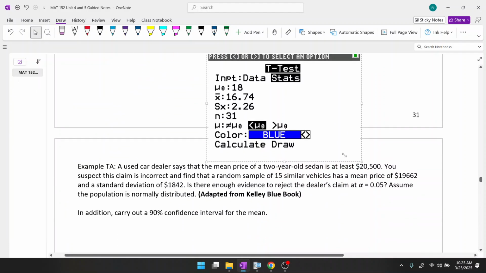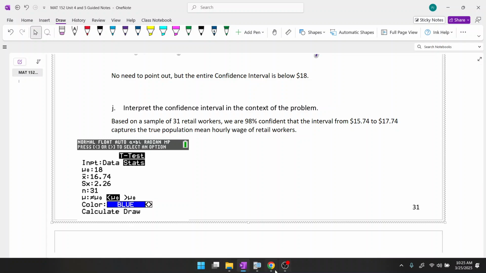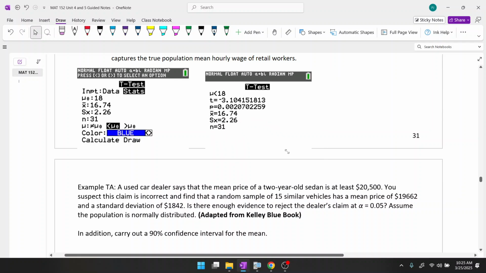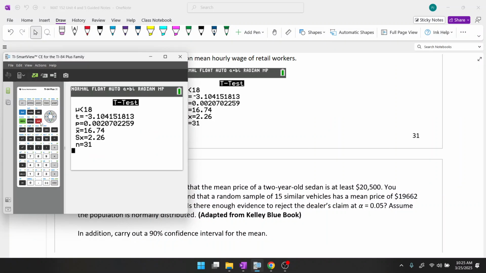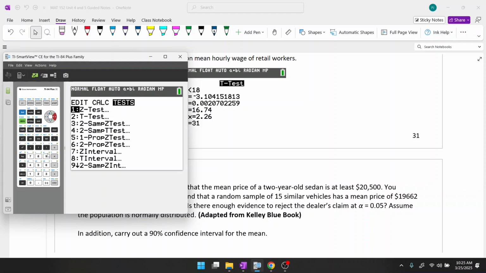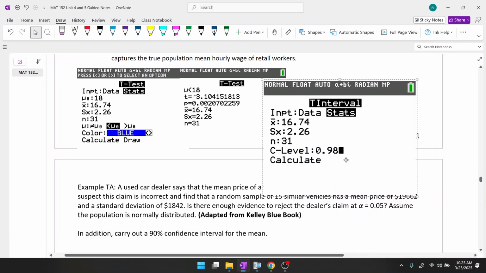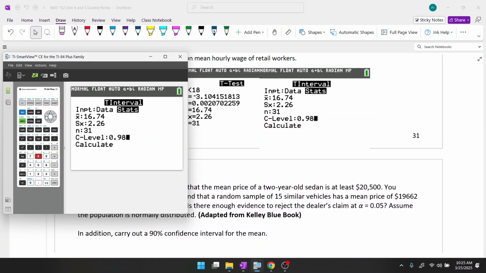And we figure out the p-value, and it gives you everything here. Now you have to go to t-interval. And if you notice, the only thing we've got to change here is make this 0.98. And again, make sure that is t-interval. And then when you carry it out,